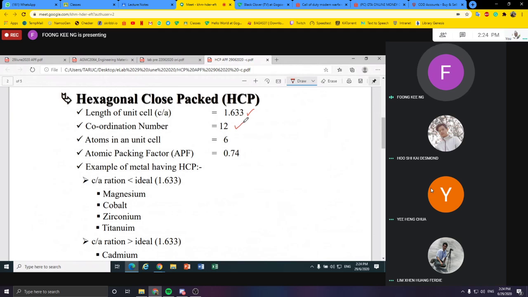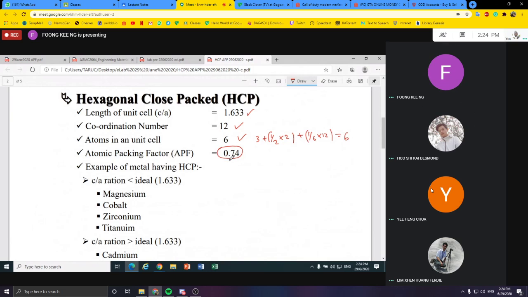Coordination number is 12. By now you know this. The total number of atoms I use to form a unit cell is 6. How do I know? It's 3 plus 1 over 2 times 2, plus 1 over 6 times 12. By now you should know this very well. 6. So now we want to prove